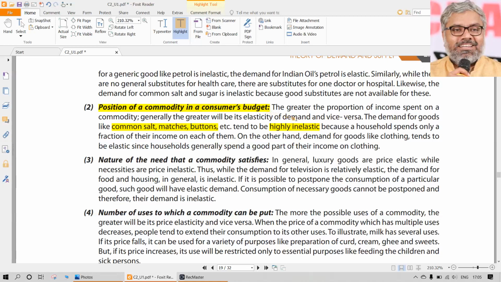On the other side, let us say, there are goods on which a good portion of the income is spent, for example clothing. If a middle class family wants to buy clothes, is it going to buy every month? Generally speaking, no. High class people, maybe some rich people, have a fashionable name for it, they call it shopping.